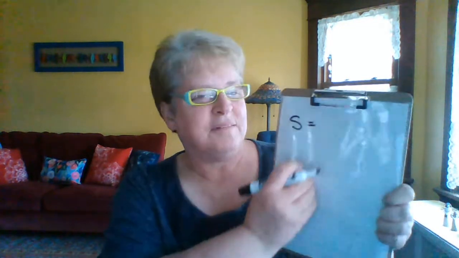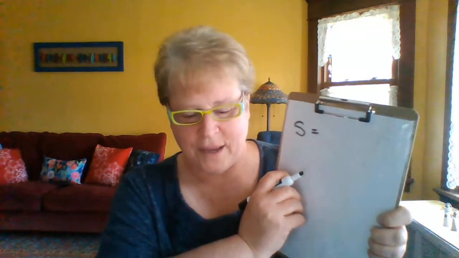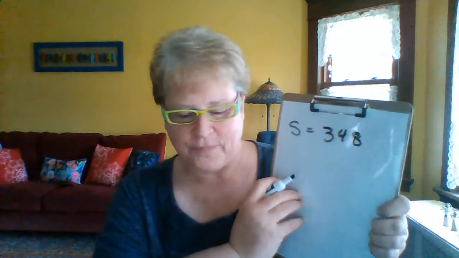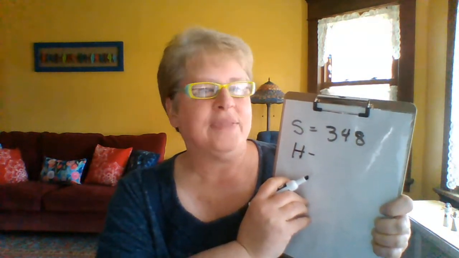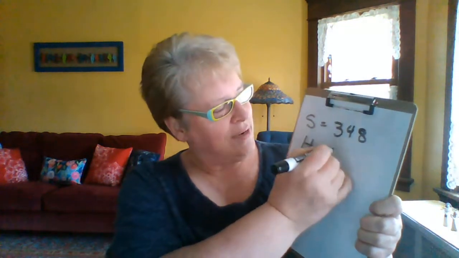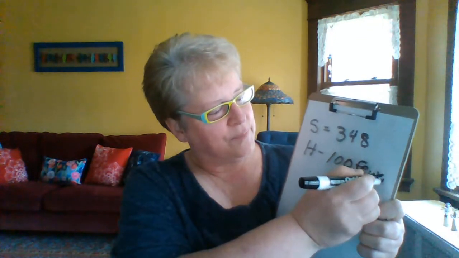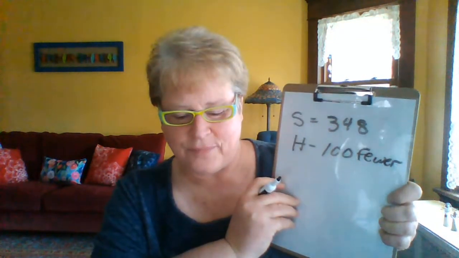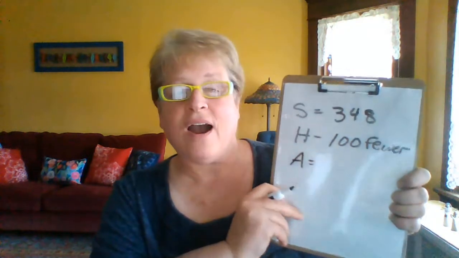S could be anyone's name: Susie, Steve, Stan, Sanjo, Sabrina. S has 348 marbles. H could stand for Helena, Harry, Howie, Harriet. So H has 100 fewer than S. And A could stand for Ari,